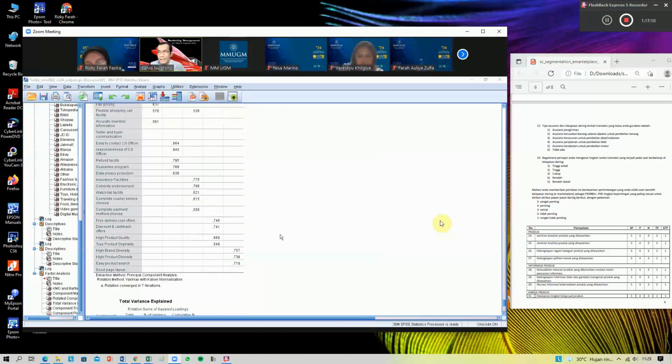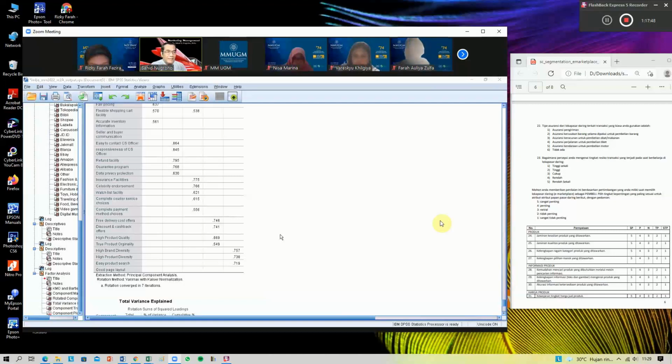Perhaps you can associate this segment 4 as a segment who really care about best value for money. They are really concerned about cost benefit, about purchase value. They don't want to get a wrong product. They also look for cost saving by cashback and also free delivery costs and discount.